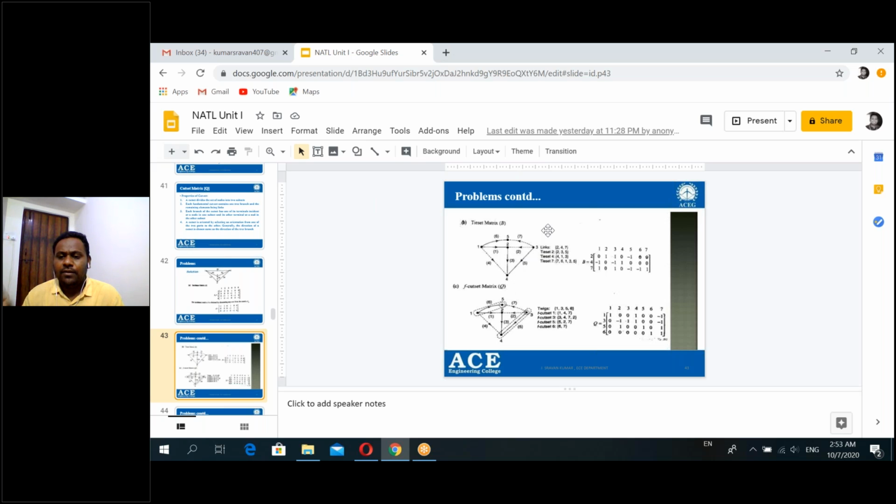Now, in the tie set, first we need to identify the links present in the graph. In the graph, the links are 2, 4, 7, represented with dotted lines. See the picture. While solving the matrix for the tie set, we need to consider the links, which are represented with dotted lines. Those links are 2, 4, 7. How many links are there? 3 links are there: 2, 4, 7.